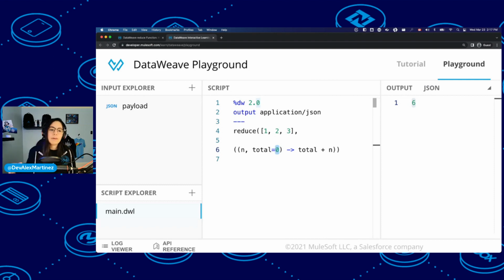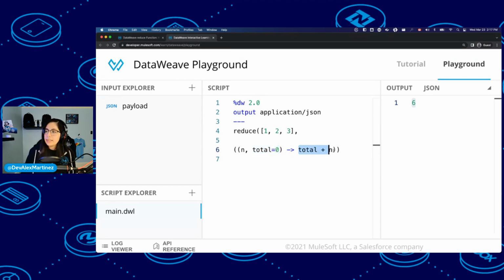Again, if you come from a for each type of mentality, you know that in the for or in the for each, you can add a counter and do whatever you want with that counter. This is kind of like that. You're adding the first counter. The only difference is that this doesn't have to be a number. This can be whatever you want. It can be an array, an object, a string, you name it.